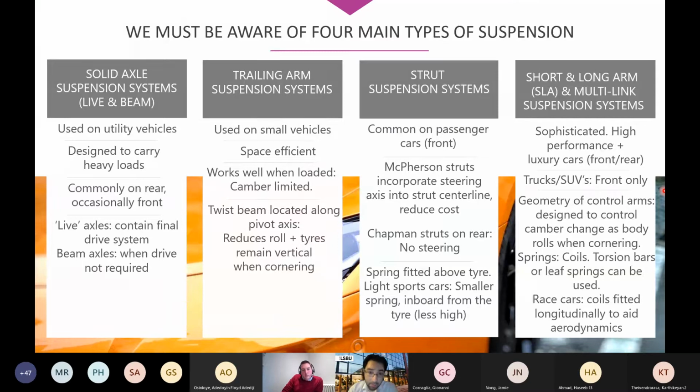The four types of suspension that we're going to be going through are the ones that you see at the top. So we're going to discuss solid axle suspension beams, trailing arm suspensions, different strut suspension systems, and also short and long arm and multi-link suspension systems. And these, I guess, are the overall overarching characteristics of each type. So starting with the solid axle suspension systems,